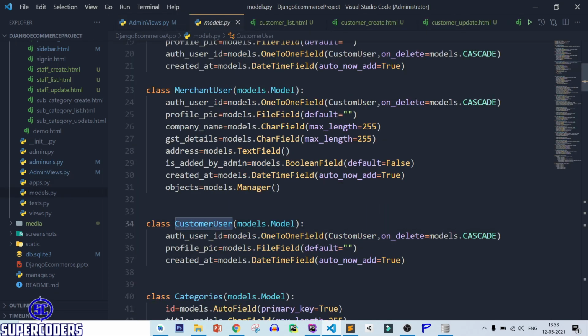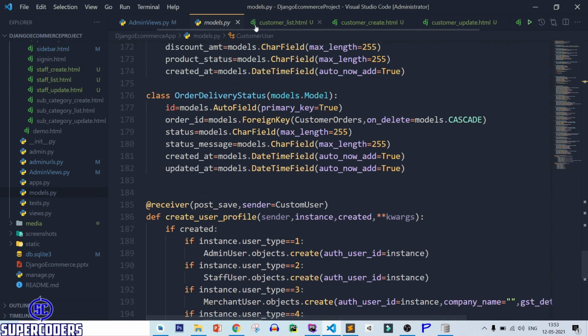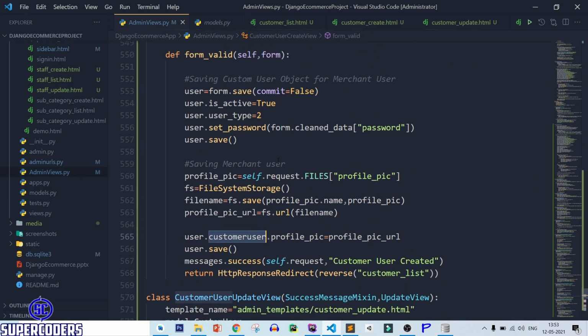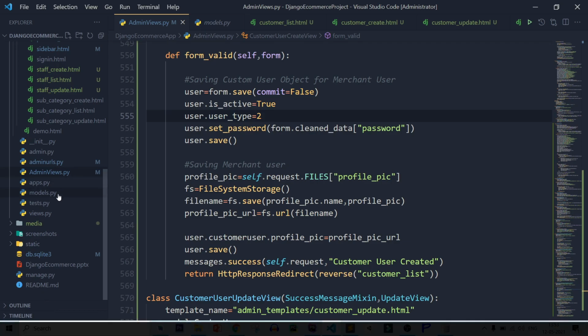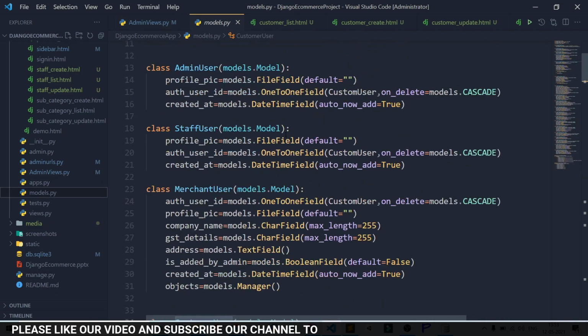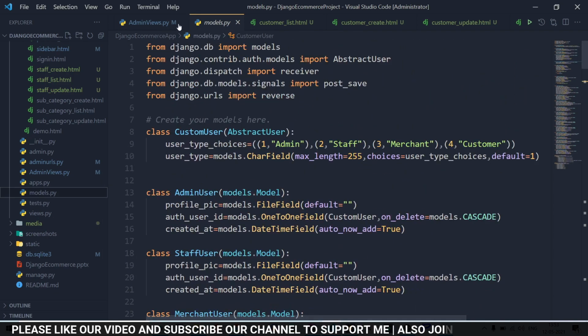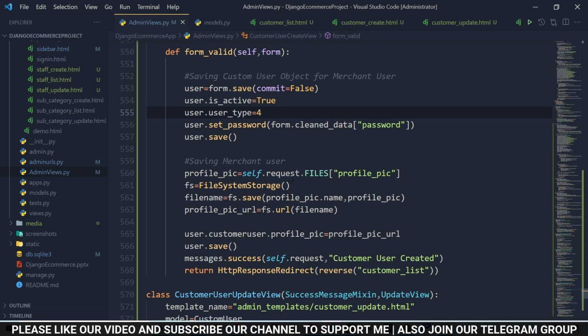So it is customer user, and if we check, okay, I got the problem. The problem is user type. So in user type 2 it is not customer user. So we need to use, let's see what is the user type of customer, which is 4. So that is the problem. If we don't select correct user type, it will not work.